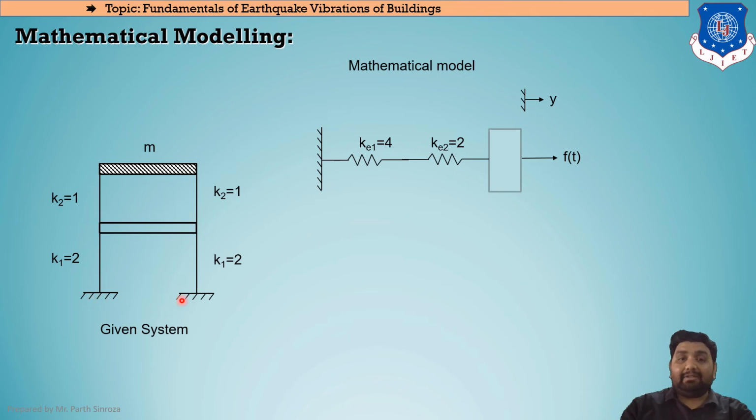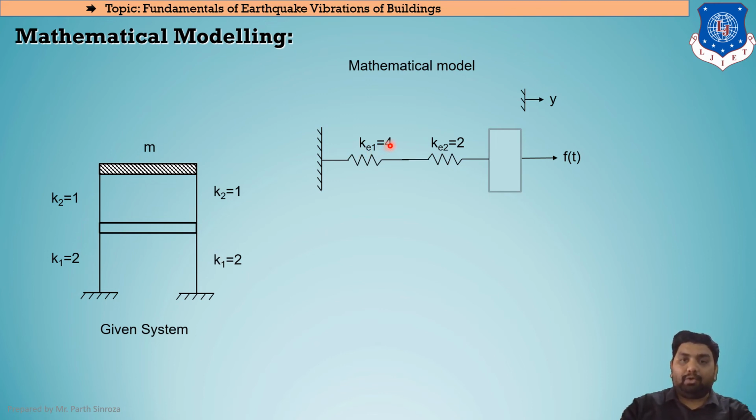Both the cases are connected with ground. So first we prescribe our fixed or rigid support, that is ground. The first column, or you can say the first support that is connected to ground, is K1. Clear? So here we will prescribe a spring in the form of K1. These two columns are parallel to each other. Clear? And for parallel connection, the value of KE will be equal to K1 plus K2 as we discussed earlier. Clear? So KE1 will be equal to K1 plus this K1. So this will be 2 plus 2 equal to 4. So this is of our first floor, or the ground floor.